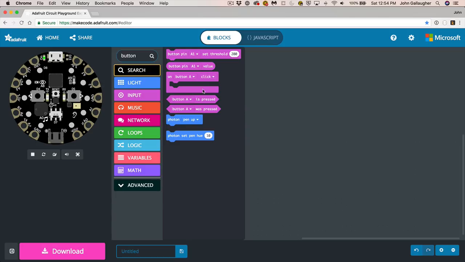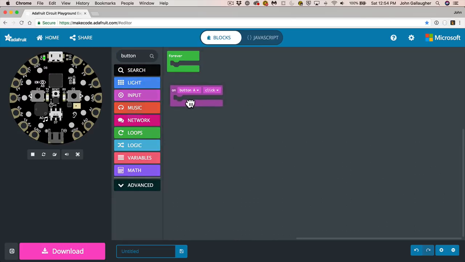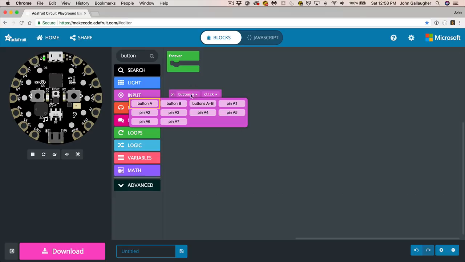Now, even though we see the word button in a bunch of these different statements here, what the search actually does is find anything that's got any of the letters in button in there, even if they're not in the button order. So that's why we see some things that don't have button in them as well. Now, we see that we just have button A show up, but if we click and drag this over, and that's exactly what we want to do, notice that this has a drop-down menu where it says button A, and in there we see we can also set this so that it will respond to events for button B being pressed, a press of both A and B at the same time, and a bunch of things that say A1